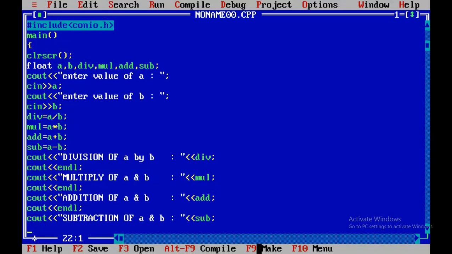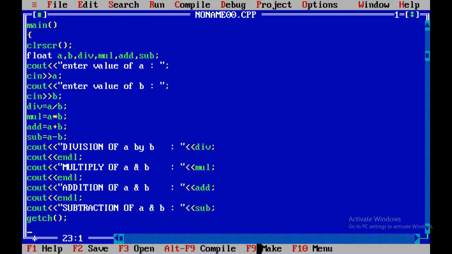I want to display an answer. Before displaying, you must end the program by typing get character. That means you are going to close the coding of this particular program. You need an output, whatever you enter as coding in the program.